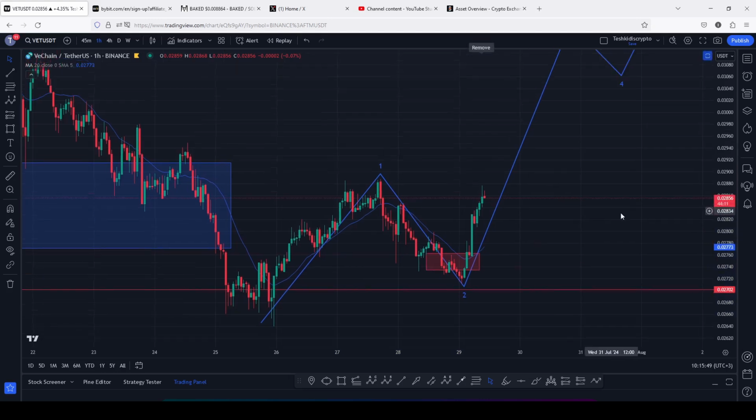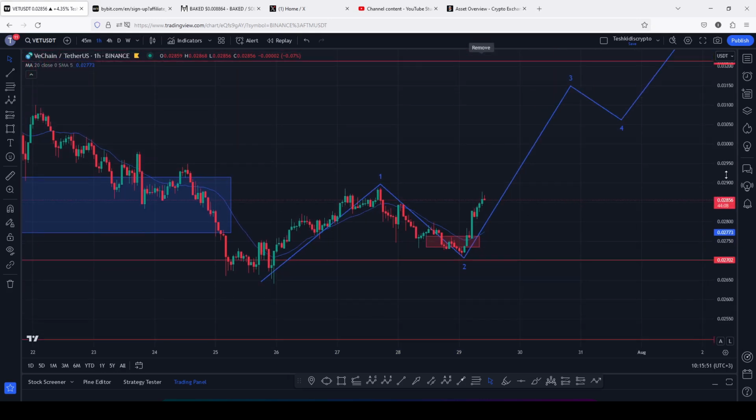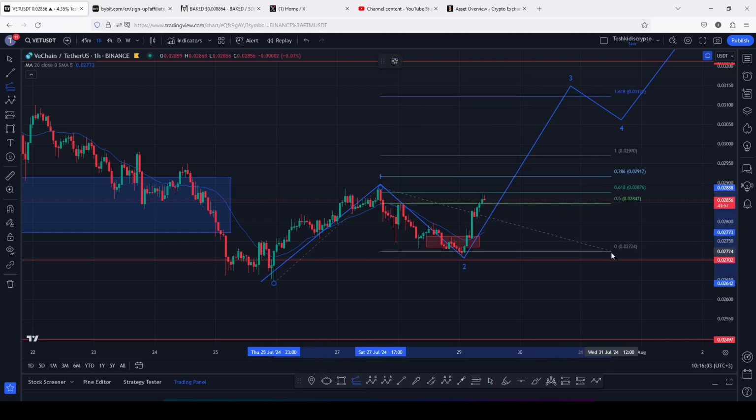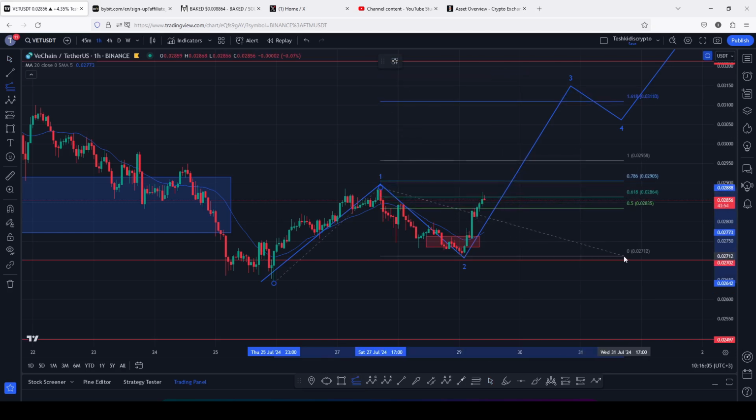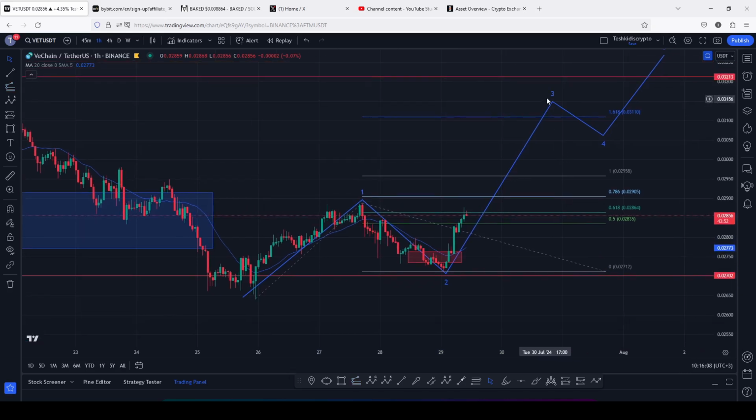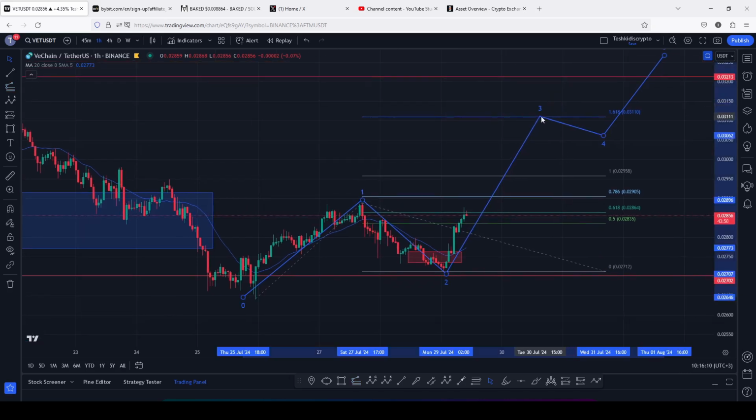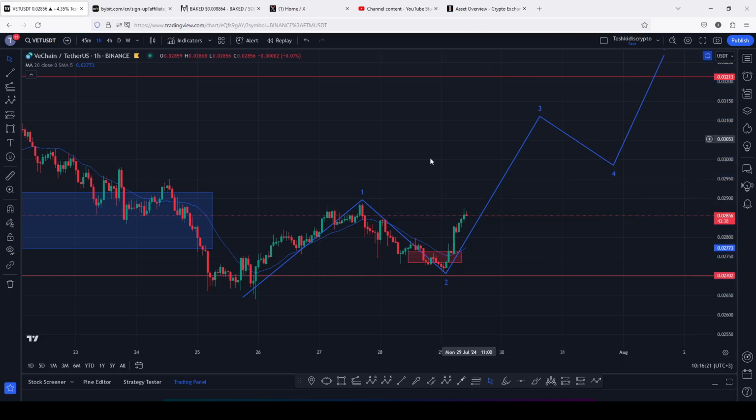an impulsive wave in an Elliott wave count 3, whose minimum target areas can be given by connecting the trend-based Fibonacci from the low of the first wave to the high of that Elliott wave count 1, then dragging the fibs to the low of the second wave, giving me a minimum target area for the third wave at the fib level 1.618, which perfectly lies above the 0.03110,